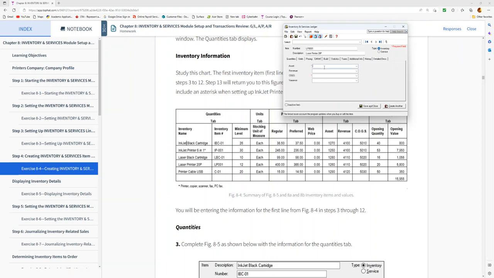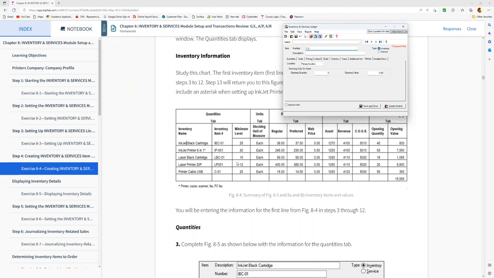Then go to the link up, and the asset for that is 1260, and the sale is 4110, and the cost of goods sold is 5020, and then we'll skip the variance account, and then we go into the quantity, and the quantity we have is 20 units, and the cost is 5800. Okay, and then we go into the last one now, create another, and then we look at the last one,